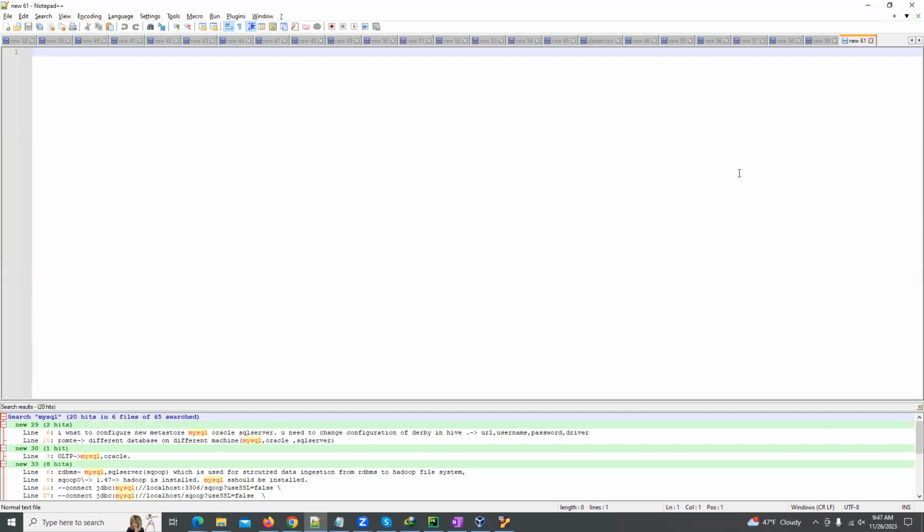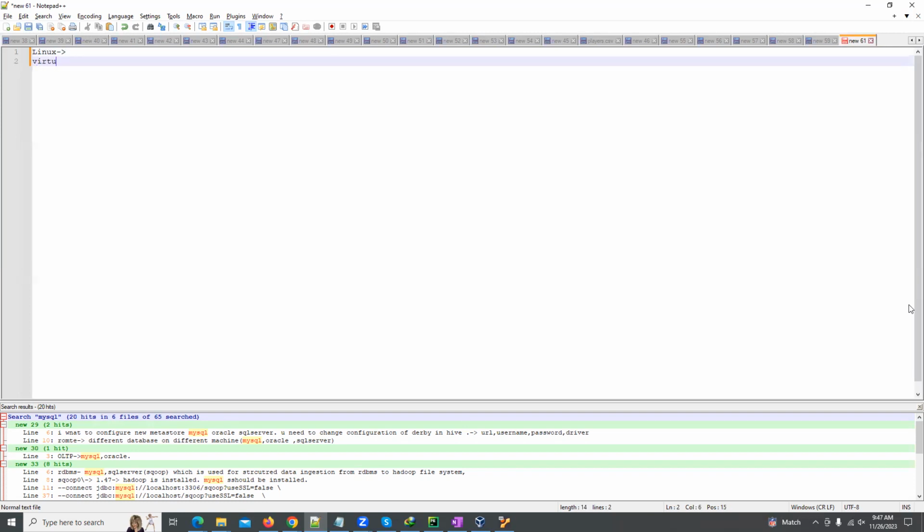What other tools are there? First we need Linux, because in Linux we have all the commands and shell scripting, scheduling our jobs in the different tools. So we will be using a Linux environment, and for the Linux environment, we have to use VirtualBox